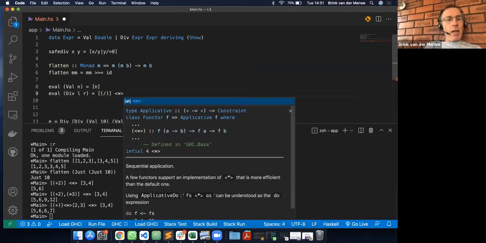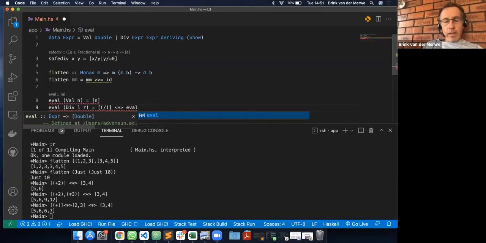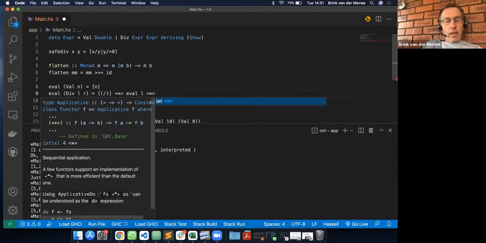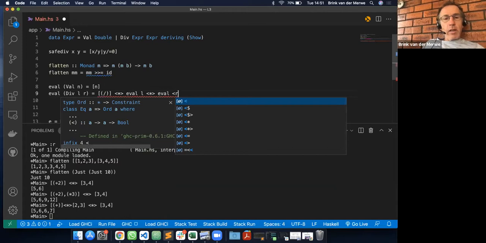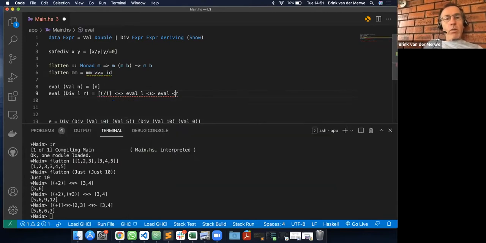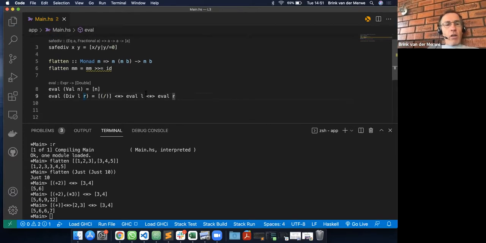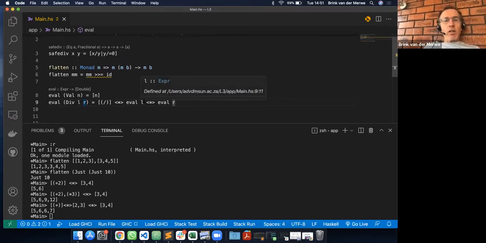And we do applicative, and we evaluate the left side, and we evaluate the right side. Okay, so at least the type checker is happy with me, but obviously the problem is it could still happen